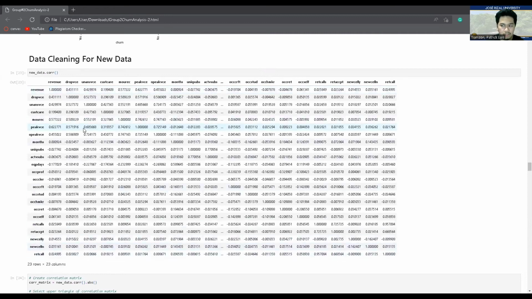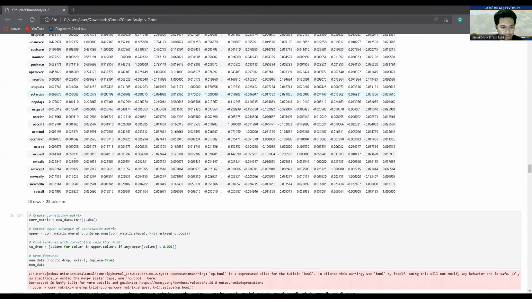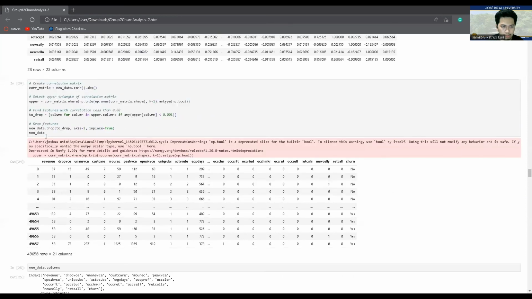Getting the higher or lower depends on the analyst, on what they are going to do after they see the percentage or the highest accuracy on each attribute. So in order to create a correlation matrix, here is the code, and select the upper triangle of the correlation matrix.